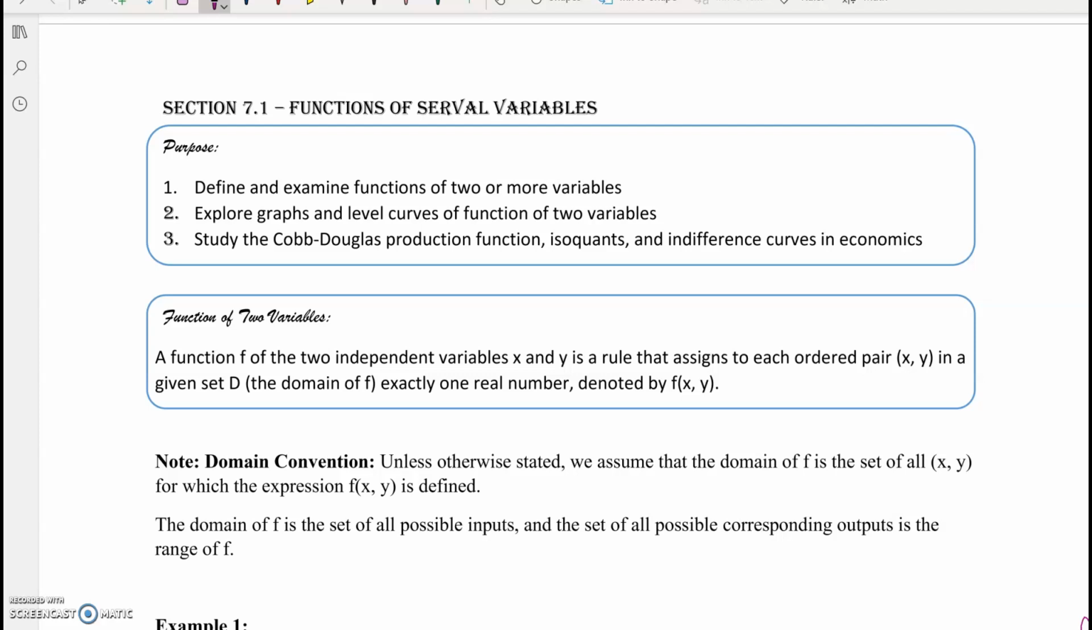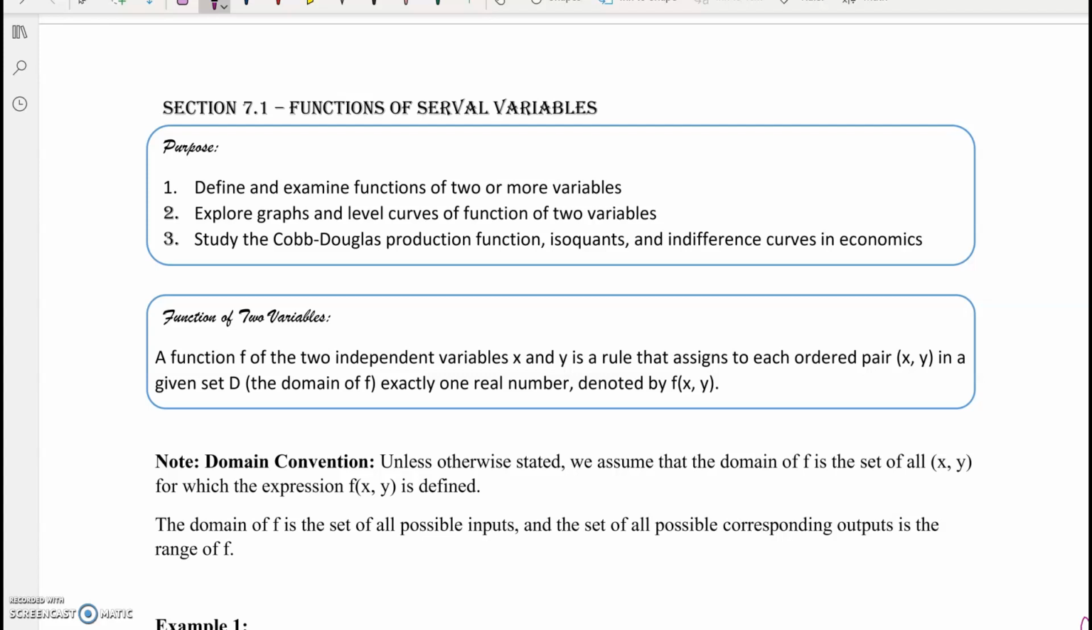So section 7.1 is going to be the introduction section for the functions of several variables. This time we're going to have multiple independent variables. The first definition we're talking about is functions of two variables. So a function f of two independent variables x and y